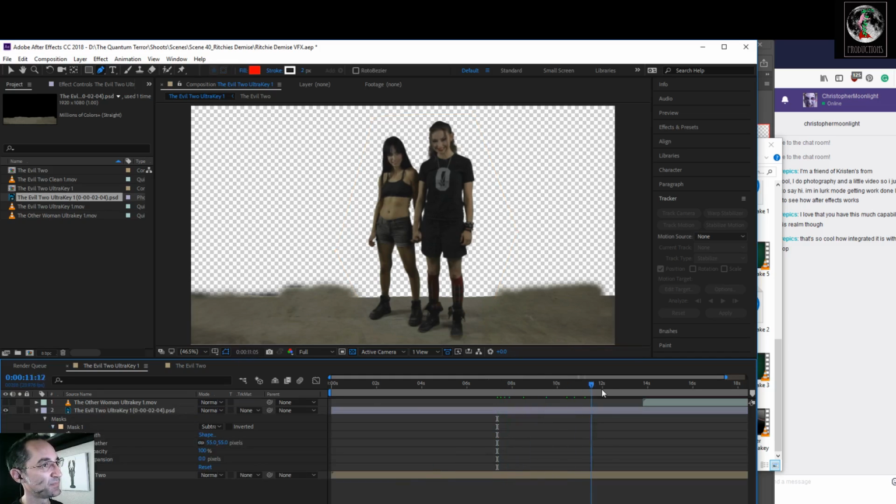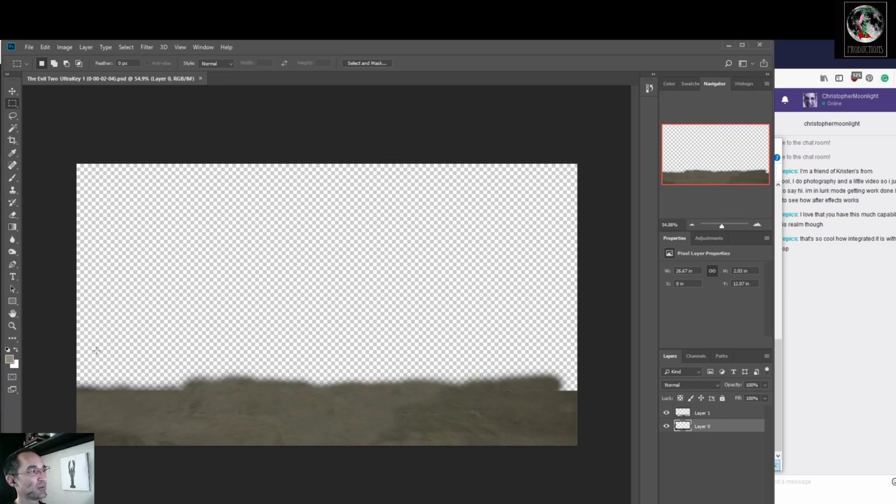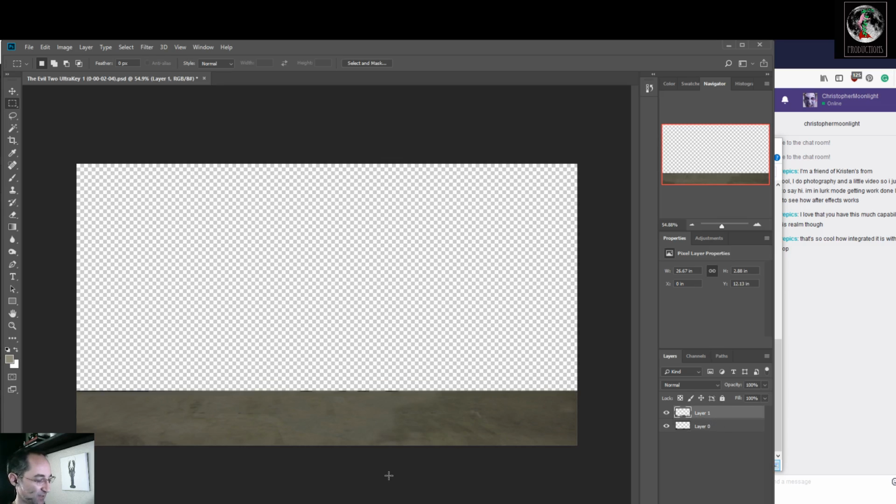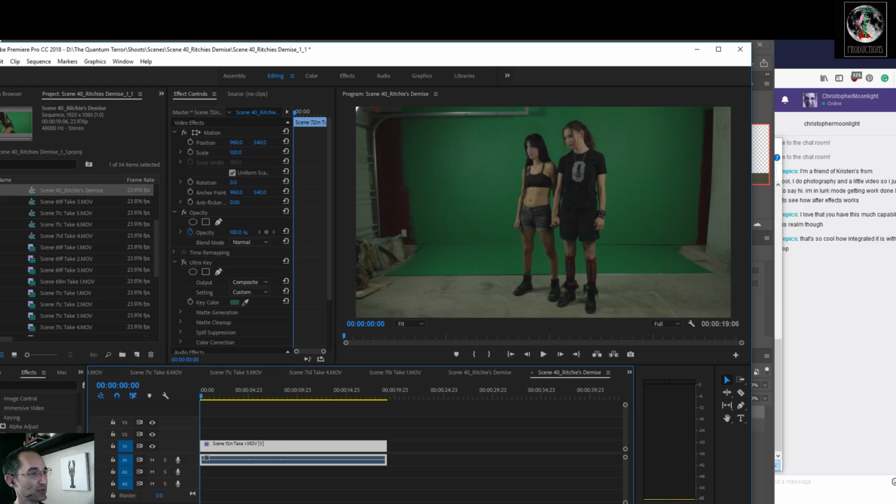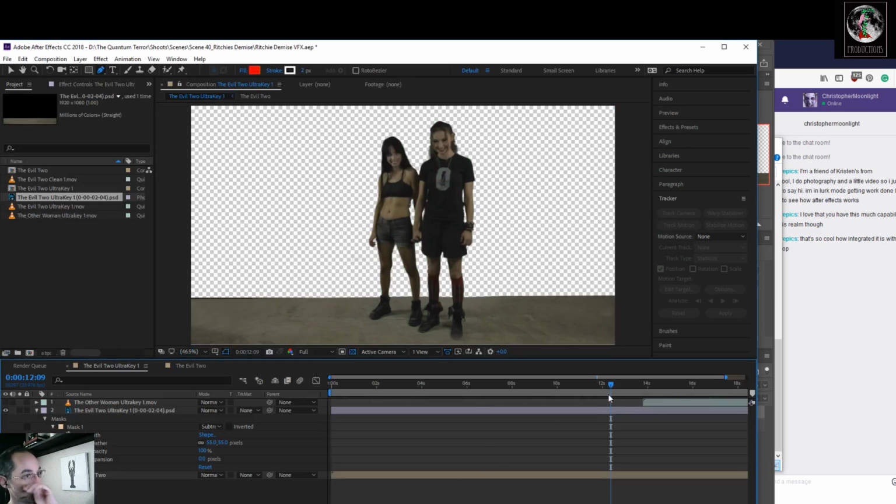Now that obviously looks terrible at the moment. But here's the fun thing. You can save that, go back into Photoshop. That Photoshop file is linked. So we can go in there and say, let's crop out all that fuzzy stuff. There we go. And go back into After Effects, and it's updated. So now they're standing on an extended set.